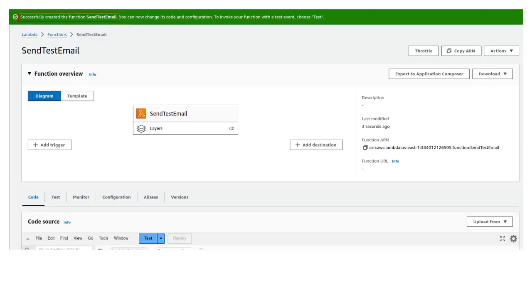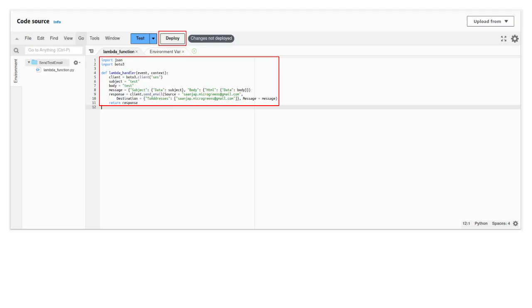Okay, here it's telling us that we've successfully created the function. The next thing we need to do is to write the code for the function and deploy it. So enter the text that you see in the box, something similar. One thing you're probably going to want to change is where it says source and it shows my business email address,